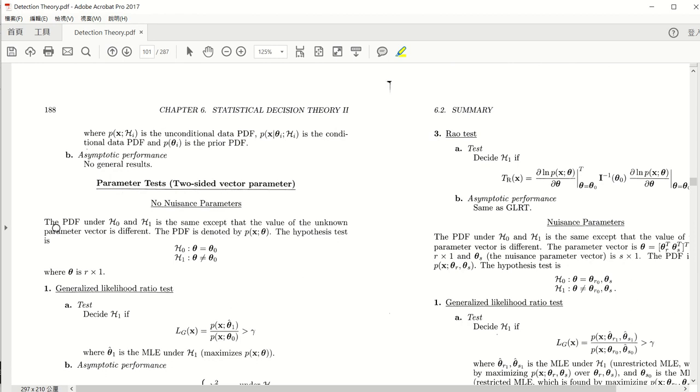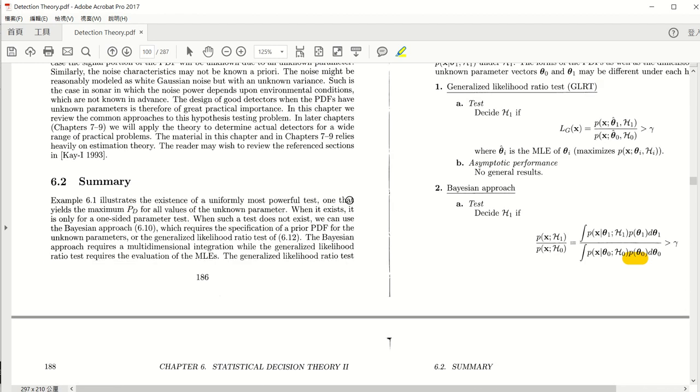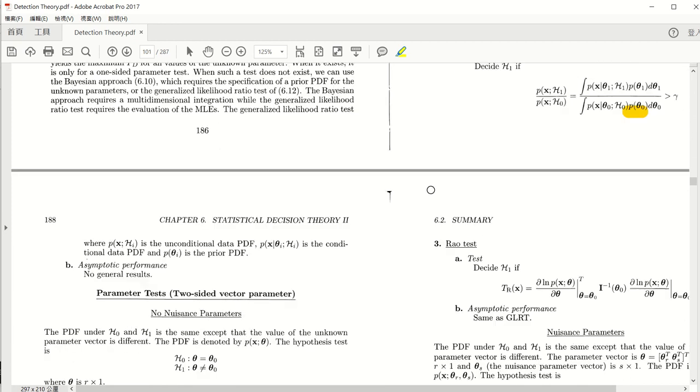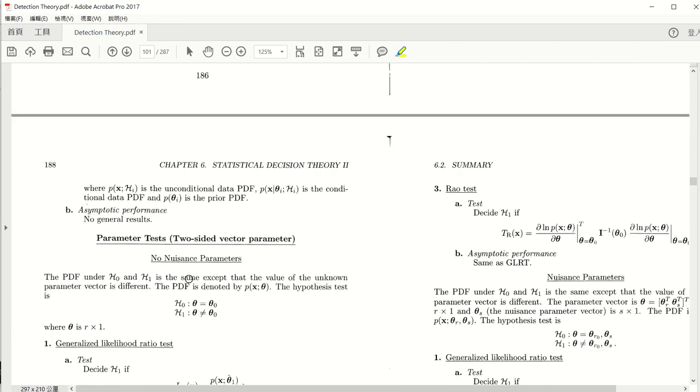Then the parameter test: the PDF under H0 and H1 is the same. Of course, this is a different model. In the previous one, it's dependent on theta. Now, we just say they are the same, except the value of the unknown parameter is different. So the PDF is denoted by P of X conditional theta. Then the hypothesis test is H0 is